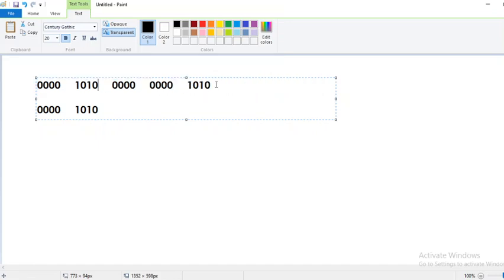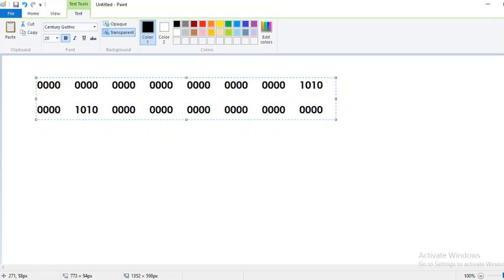As all these are zeros, the remaining bytes I can copy. So this is the reverse of byte. If I say only reverse, that means bit by bit reverse.